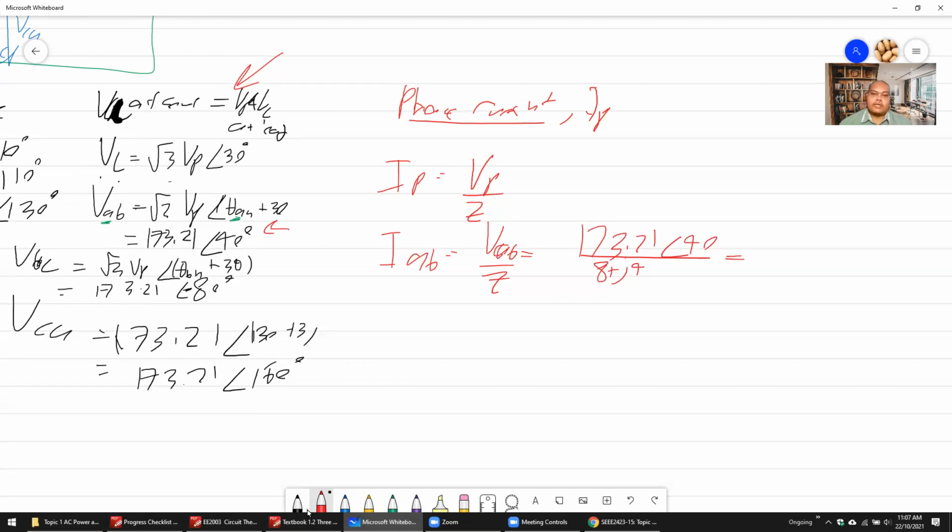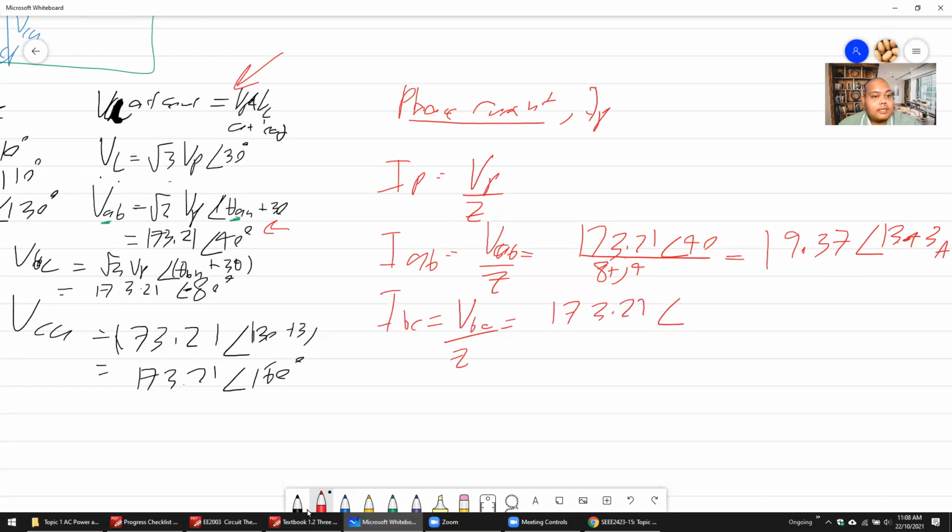Okay, use a rectangular form, or phasor form, I forget the name. Okay, 19.37 angle 13.43 ampere. So you get IAB,